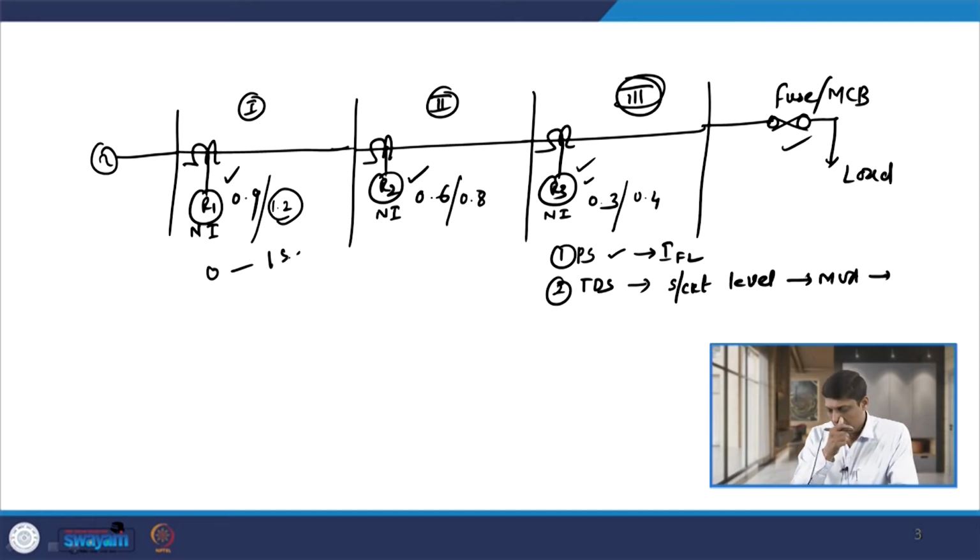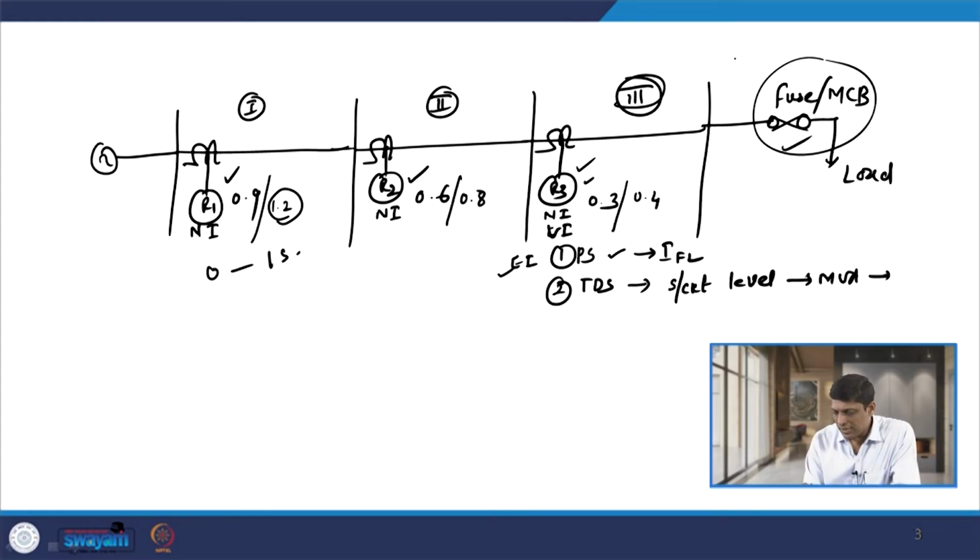So, it is very difficult to decide the time dial setting of this relay if I use the normal inverse characteristic. Instead, the remedy is to use the very inverse or the extremely inverse characteristic. Out of the two, I use the extremely inverse characteristic because it exactly matches the characteristic of the fuse or MCB.